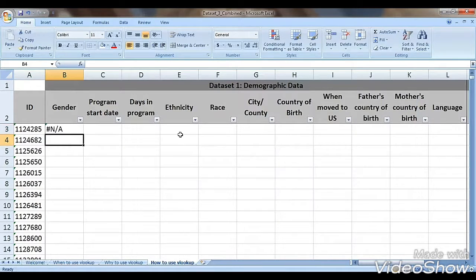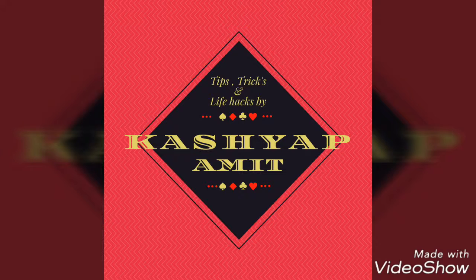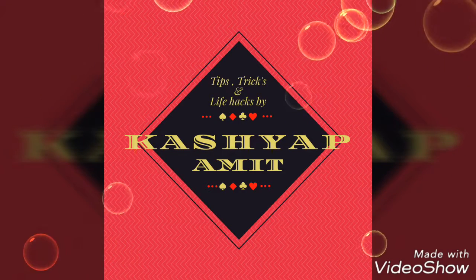If you get an NA, don't worry. Let's just copy this formula down a little bit. So look for this little square and just copy it down. NA just means that this person, ID number 1124285, wasn't in our demographic data spreadsheet. We're missing data for them. But everybody else, we